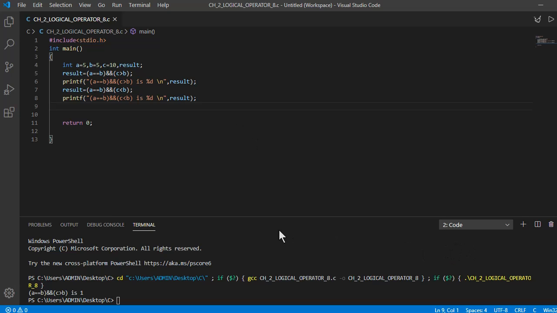What will be our output? First case it is 1, and the second case, this is the first, A equals to B is true, that is 1, and C less than B. Is it true? No, C is not less than B, so it is false. But according to the logical operator condition, both the conditions must be true, then it will generate the true result. Now in this case this is false, so it will generate a false, that is 0. So result in this case will be 0. Let's check it.